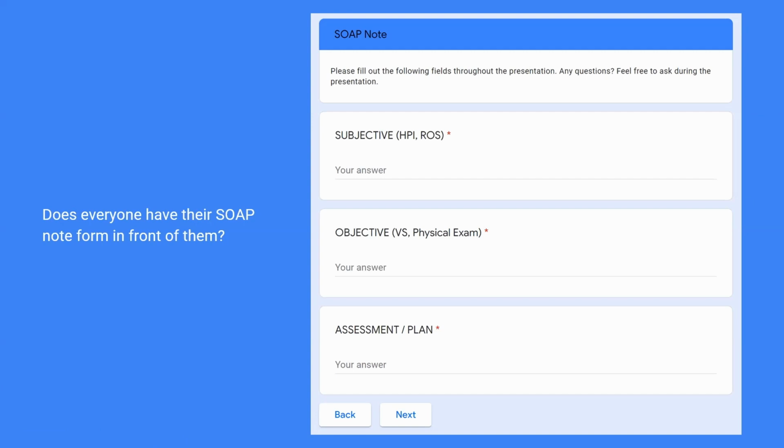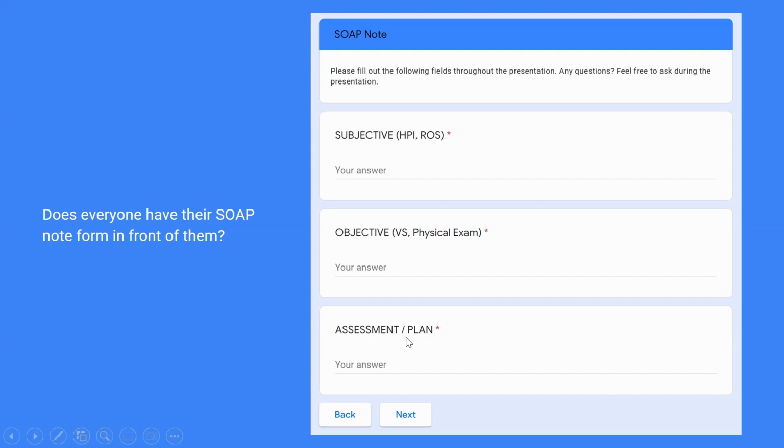So for example, subjective is going to be, what does the patient have concerns about today? Why is the patient coming in? In this case, this is somebody who's coming in with vaginal bleeding. So you could write down, 2 weeks of vaginal bleeding. And as we get more history, you'll write down more about what the patient is subjectively experiencing. And then objective will be things like physical exam, vitals, any laboratory results we get, any imaging results we get, that sort of thing. So that's a place for you to take those notes.